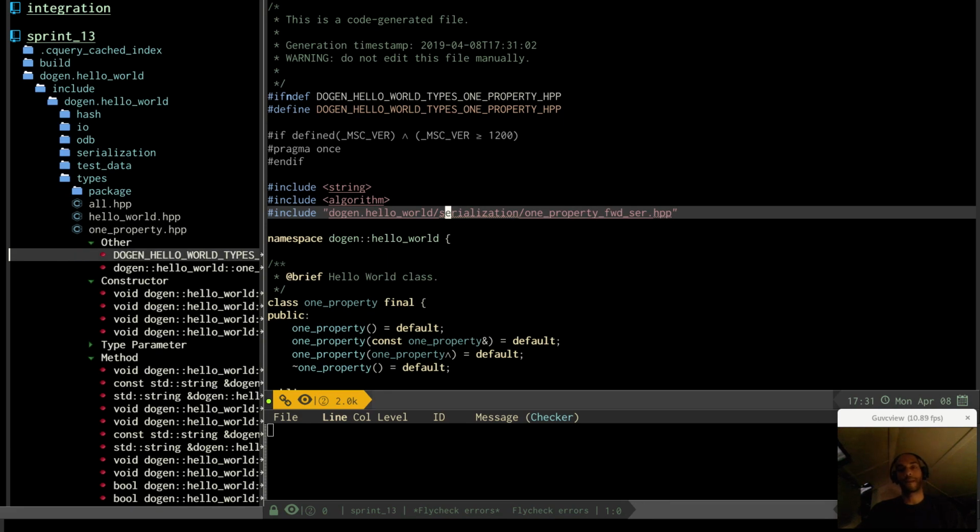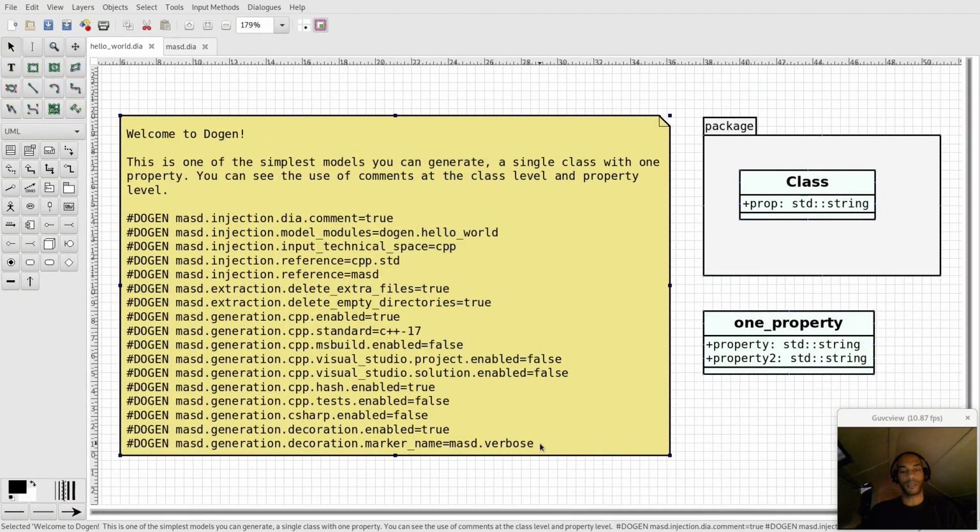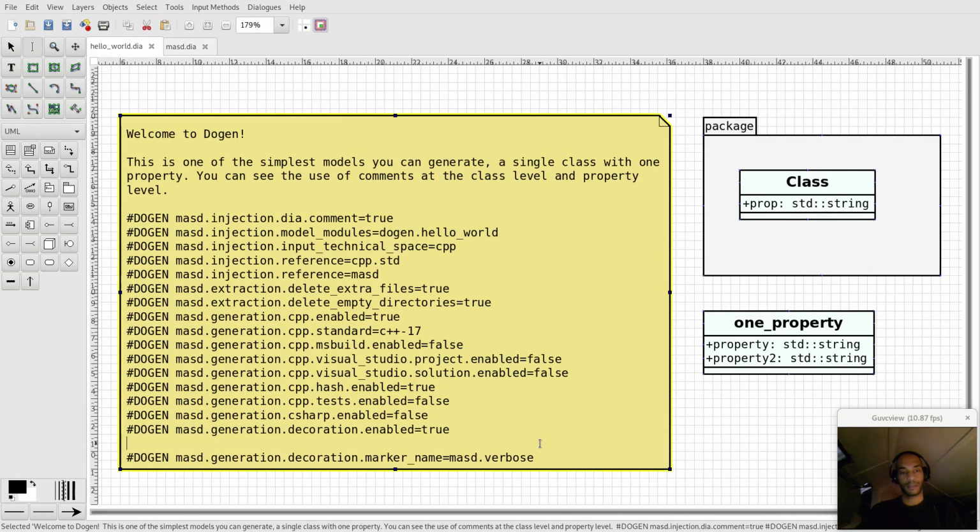Now, there's a number of elements of the decoration that can be changed, such as, for example, the license. So if I here just type Dogen MASD generation, sorry, generation dot decoration dot license name. And if I set that to be MASD.GPL v3,